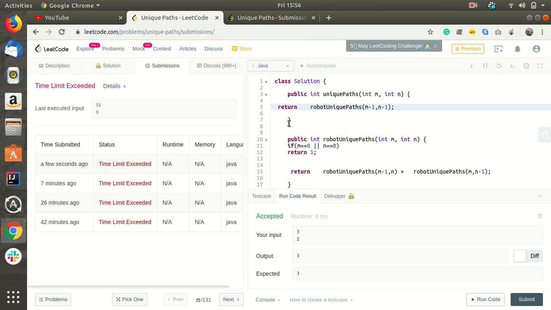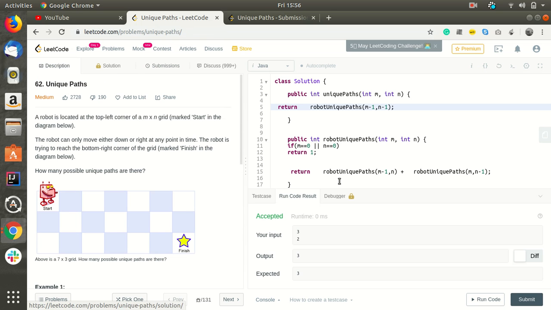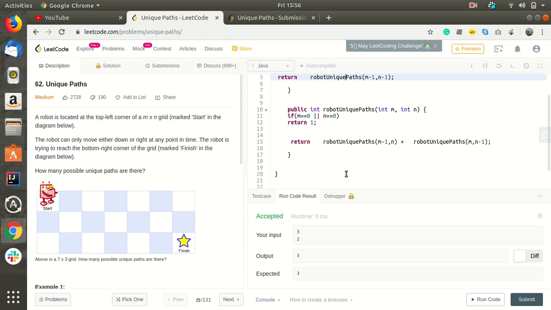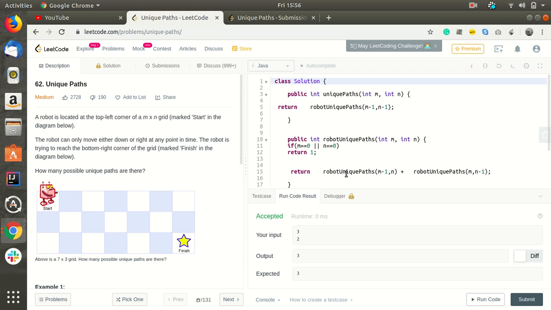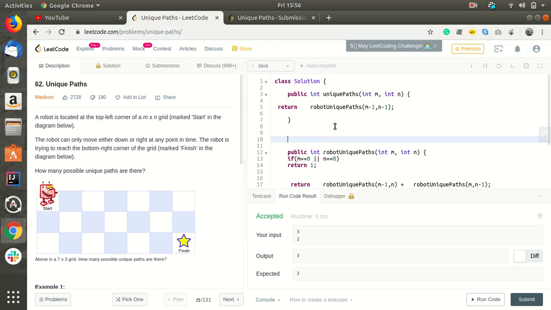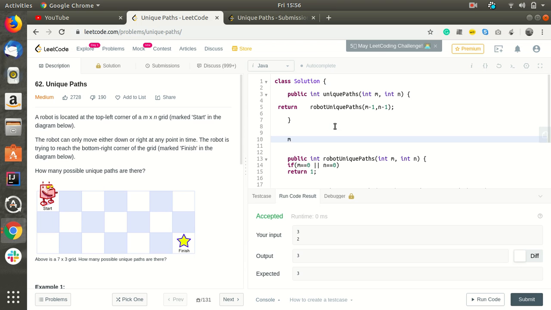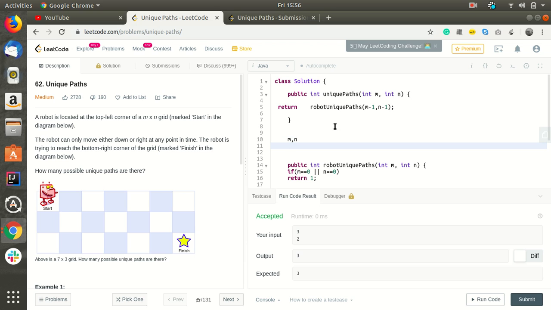So what can we think of the other way? The reason for this is that in the recursion there will be calculation of the same thing again and again. If you give m and n, it will split into m minus 1, n and n minus 1, m.